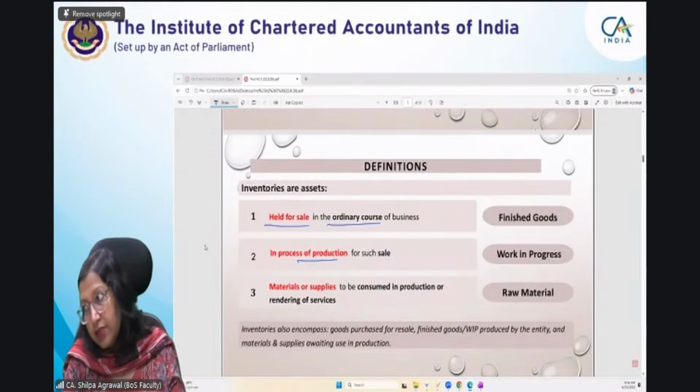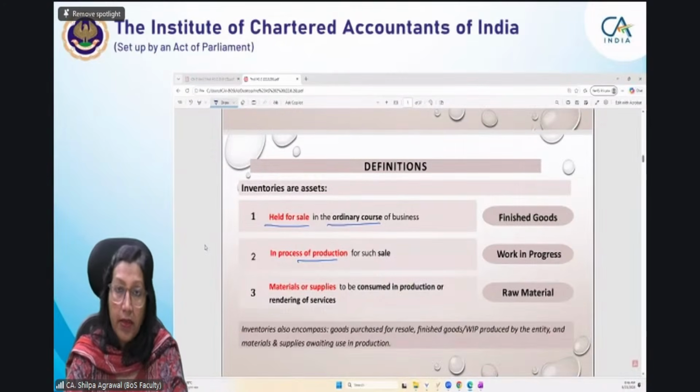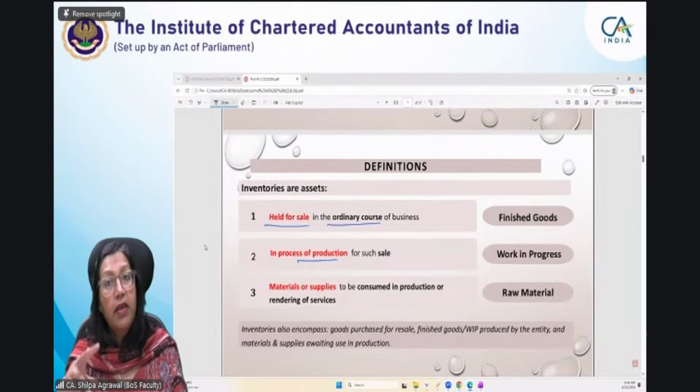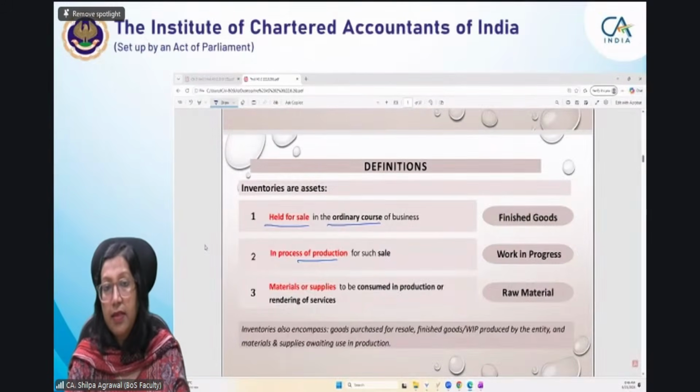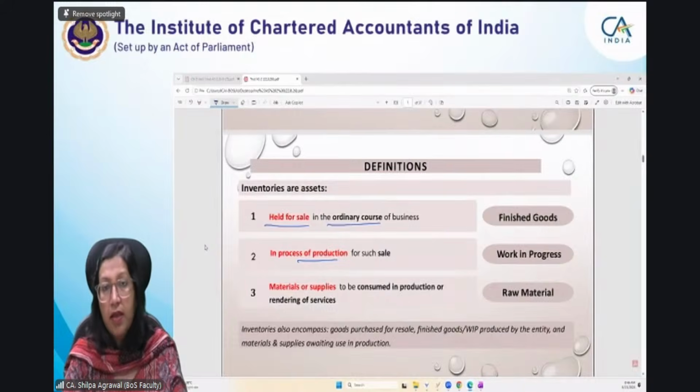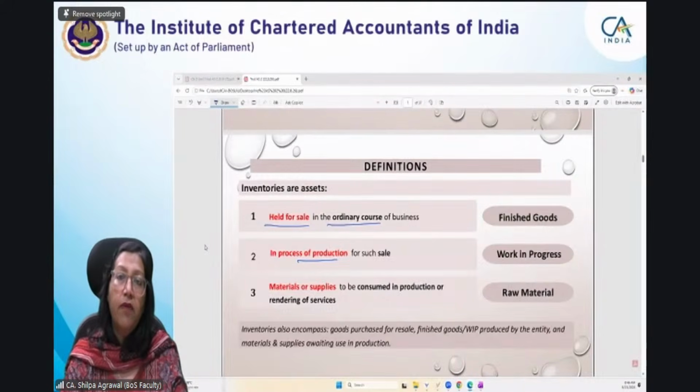Construction of assets also, it will be there. In case of construction of assets, maybe later you have to see, because Ind AS 115 deals with real estate. So even work in progress measurement is dealt with there. We have material, raw material, that is considered here. When it is ready for sale, at that time it will be inventory. It will fall under this standard. But when we sell it, what will be the profit, that will fall under Ind AS 115.